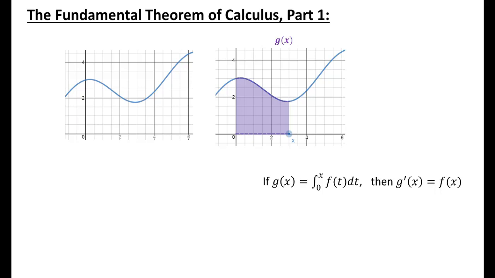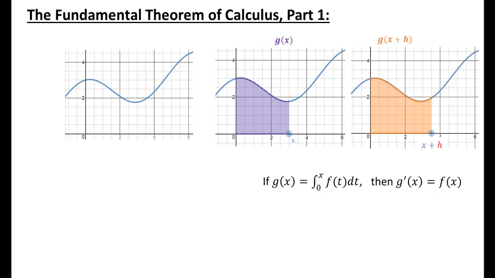Now, just bear with me a minute and say that if this purple area is g of x, then let's add a little bit to x, call it x plus h, and find the area under g of x plus h. So we're going to show that in orange here. So g of x plus h is just a little bit more area. We're just going a little bit further. Instead of just going to x, we're going to x plus h. So you can see we're going to add a little bit. Now, I'm going somewhere with this, but let's say that we wanted to find the difference in these two areas. So by the difference, we basically subtract the purple area from the orange area,